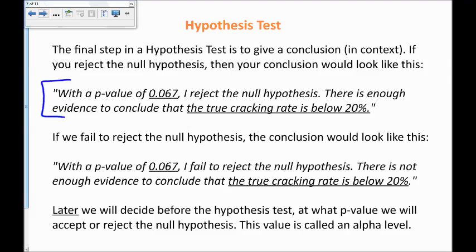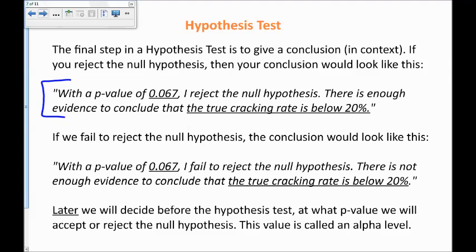With a p-value of 0.067, I reject the null hypothesis. There's enough evidence to conclude that whatever it is in context. So in this case, it is the true cracking rate is below 20%. Okay? If you decide to not reject the null hypothesis, meaning that you're not surprised by something occurring that has